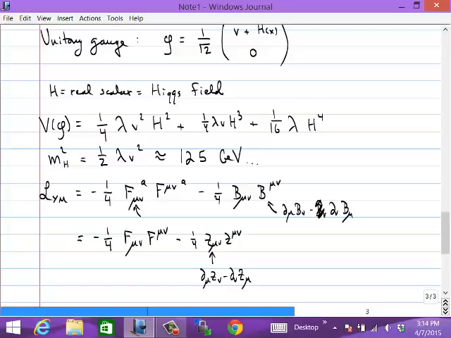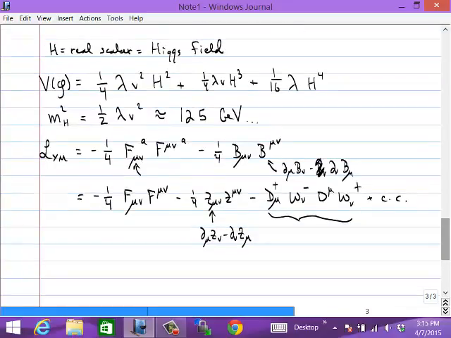And then you'll get some terms involving the W bosons. So you'll get a d mu W nu minus d nu, well, d mu W nu plus various complex conjugates. And in order to work out exactly what this term is, what we would need to do